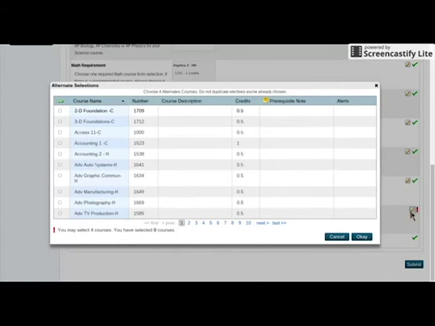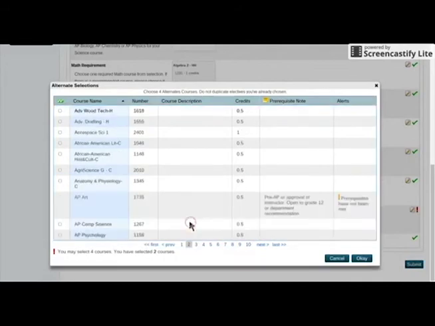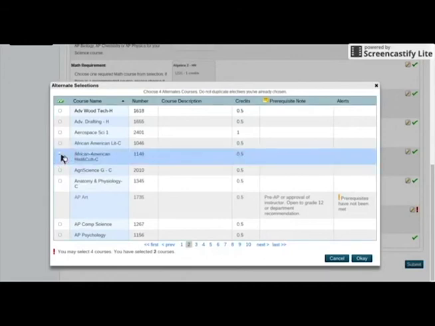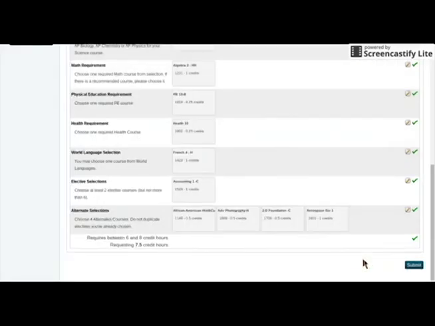So I'm going to choose a few alternates here. I'm going to choose a 2D Foundation Art class because I need an art or a music class to graduate. I'm going to choose an Advanced Photography class because I already took Intro to Photography. I'm going to choose African American History and Culture. And I might be interested in the JROTC program. So I'm going to choose Aerospace Science. I'm going to click OK. And then I'm going to click Submit. And it will save all my